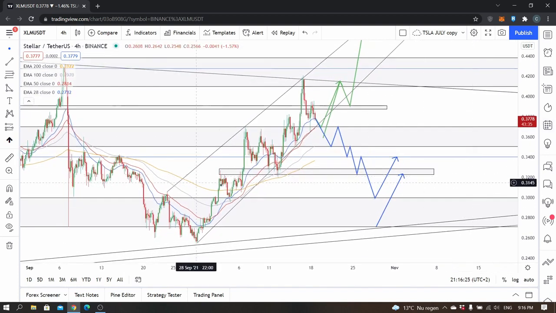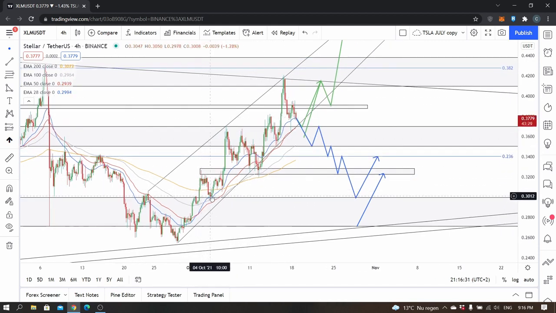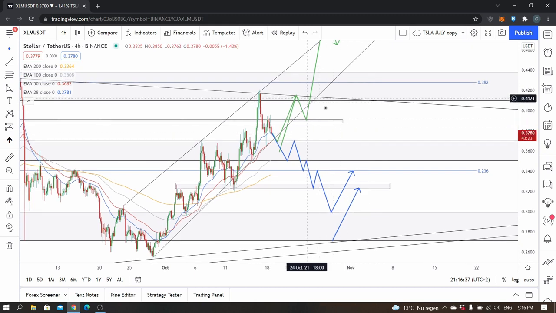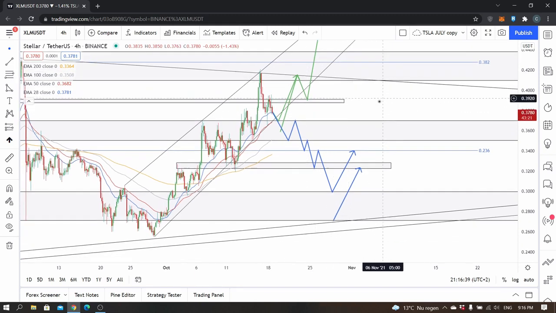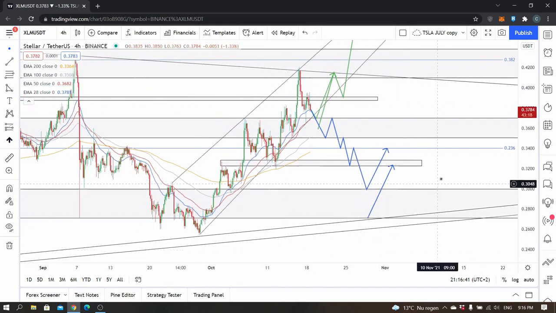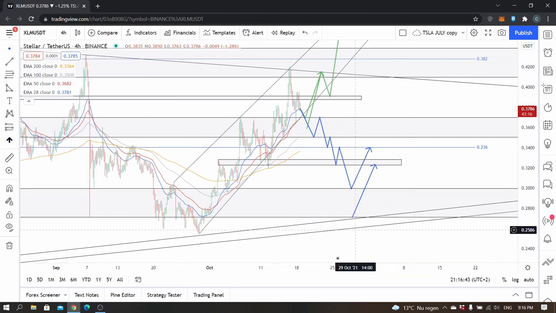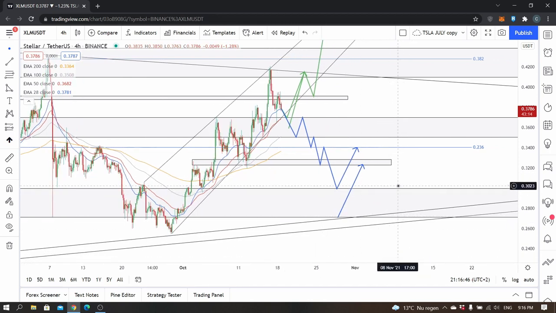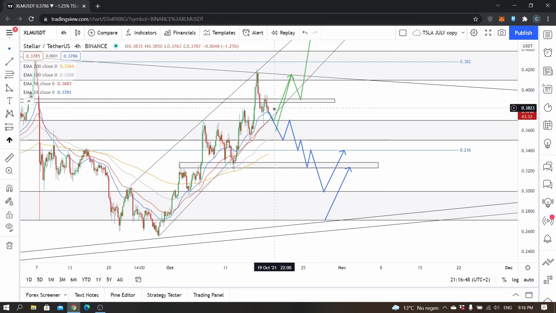As you could have seen on the daily, this was very small, because it was the daily time frame, and this is actually respecting quite well this small little uptrend, and that is why I think it could break out of the triangle, but it could also just stay there and need another bounce off of the lower bound of the triangle. So let's start with that scenario.